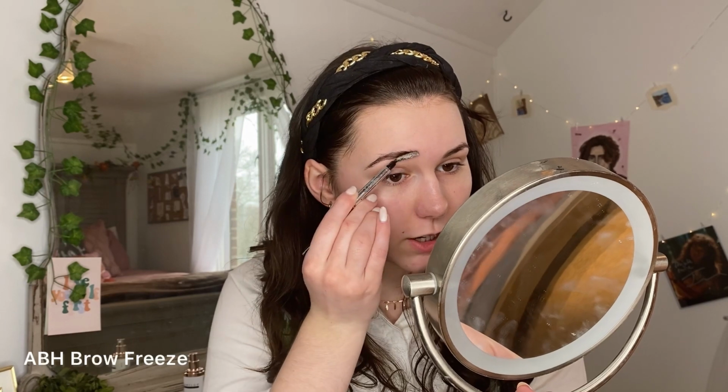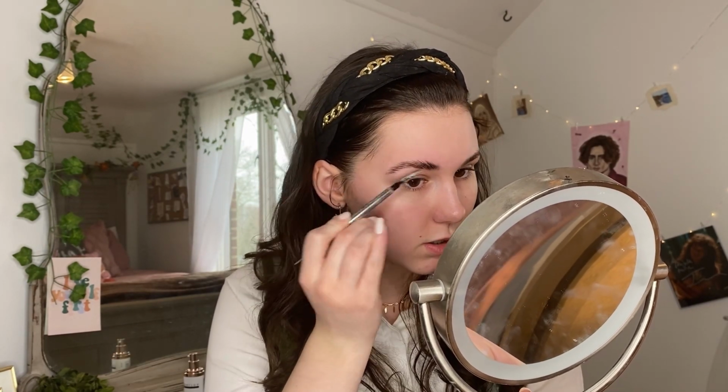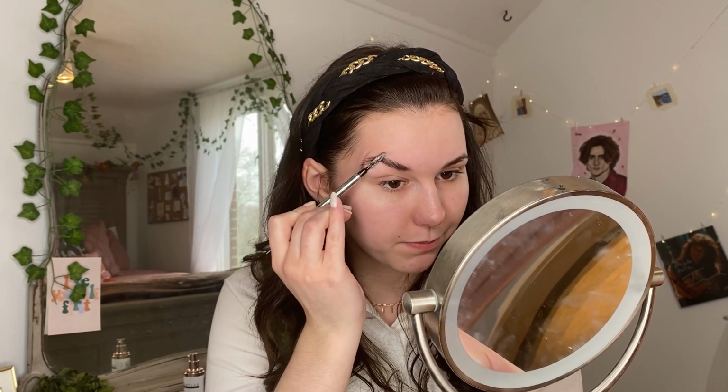So first things first, I'm gonna start off with my eyebrows, which is what I always do. So I'm gonna use probably my brow gel today because my brows are laminated. I'm not sure how well they're gonna press down today. I shouldn't have to use a whole lot of product because they are laminated, like I said. I probably could have just used a brow gel, but it's fine. Okay, so now that they're a little bit more volumized,